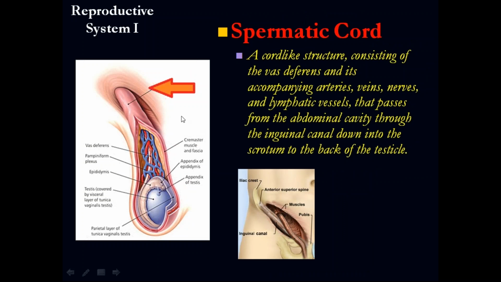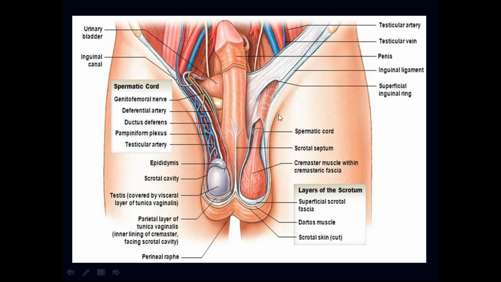Here we have the spermatic cord. If you see this detail in the abdominal wall, this is a channel here, exactly where the arrow is showing. It's a channel, like a tunnel, and inside the tunnel is passing the spermatic cord. What do we have in the spermatic cord? We have some coverings by muscles. This is the cremaster muscle. And inside we have what? We have arteries, veins, and nerves. And what we have here is the testicle. All right, so we already know what a spermatic cord is and what the inguinal canal is.